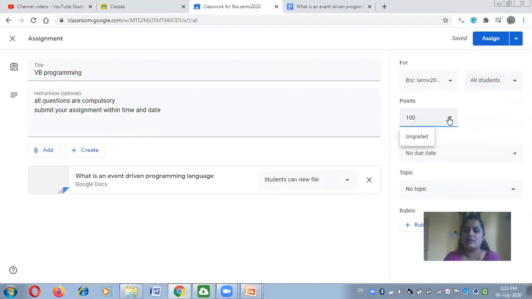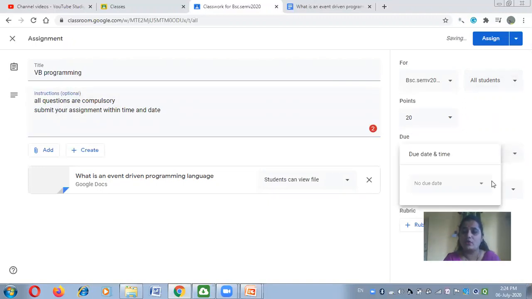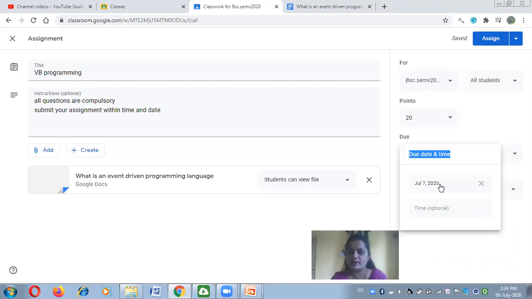If you want to assign the point, means grade, अगर आपको देना है, so you can give the grade like 20 marks. Okay, then if you want to assign the date and time, means within which date and time the student should complete their assignment, you can specify the date.